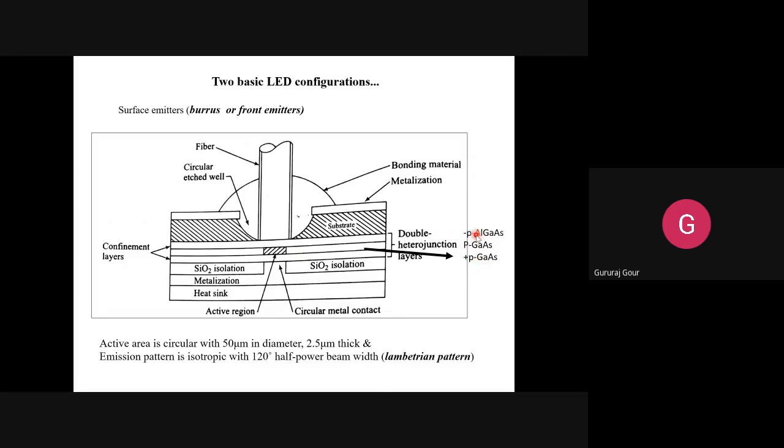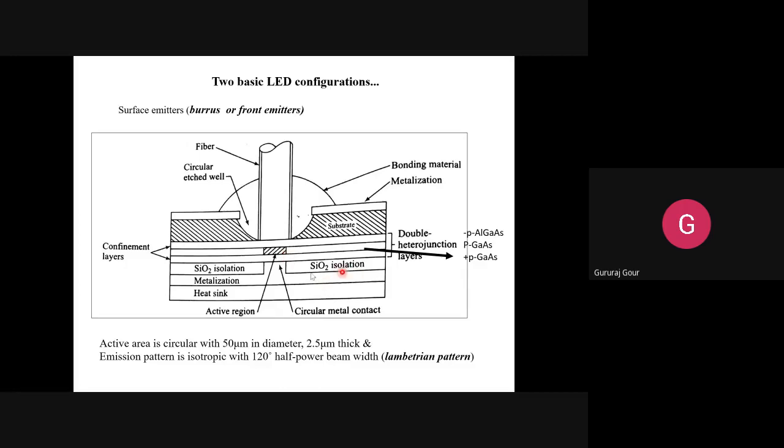They are acting like light guiding layers, and the middle P layer is serving like an active layer where the recombination process is happening. So that's why you can see these three layers are kept very thin. That is another reason, we can say, to increase the radiance or brightness of the light, by letting the recombination happen in this small region.